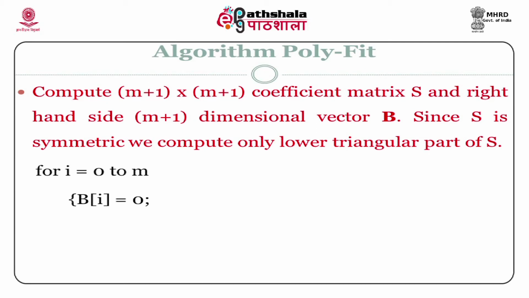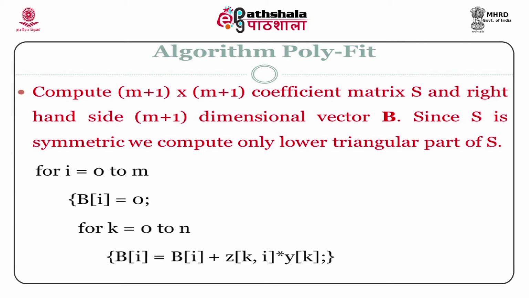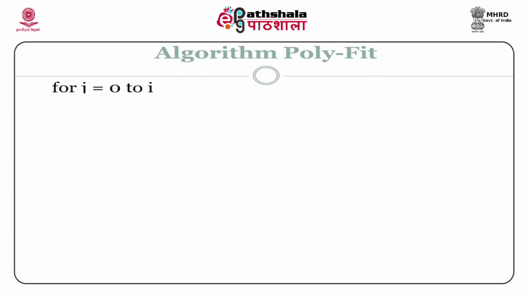So bi equal to 0, and then for k equal to 0 to m we are adding bi equal to bi plus zki. Zk is xk raised to i into yk, and that sum we are calculating. So all the components of the right hand side vector are calculated like that, and then we are calculating those sums. So for j equal to 0 to i, this is also included in that for loop, the initial for loop here, for i equal to 0 to m, and now we are taking for j equal to 0